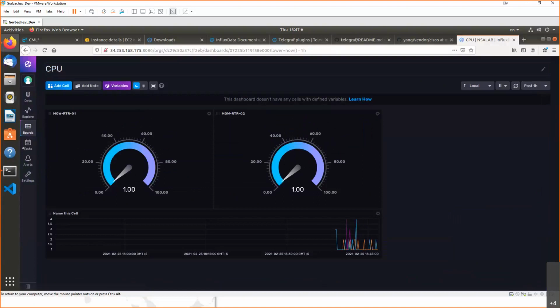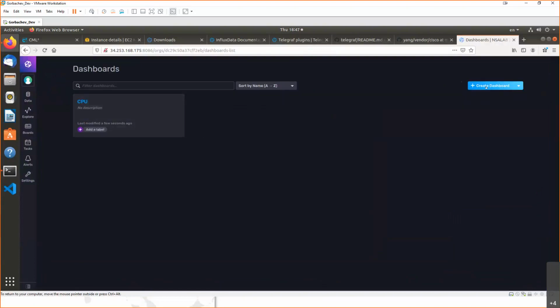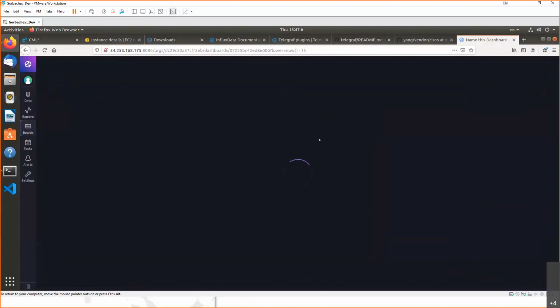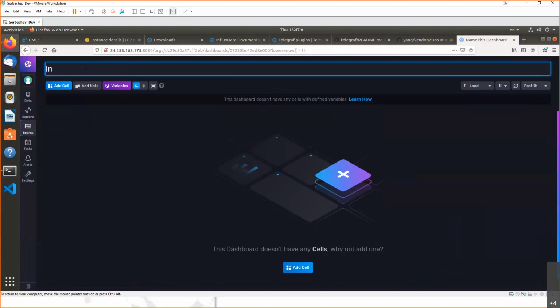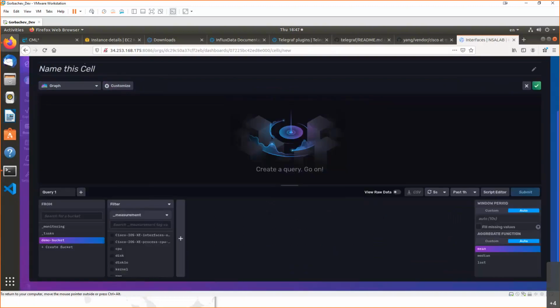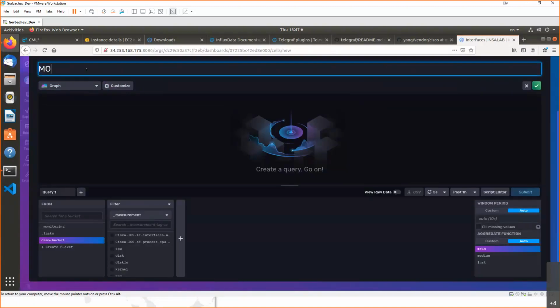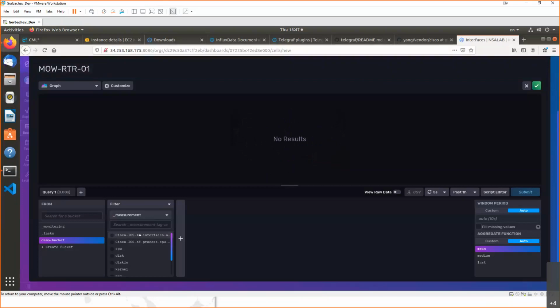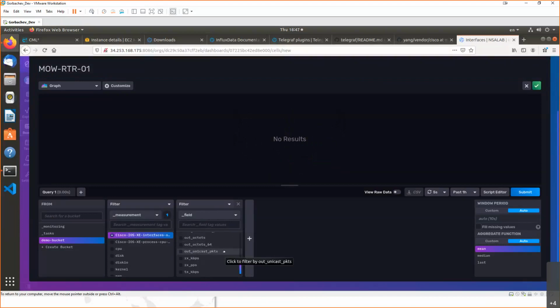All right. Let's also create a dashboard for interfaces monitoring. So we're going through exactly the same procedure, but now we are going to our interfaces telemetry. You can see that it's a lot of parameters since we took the whole statistics of the interface. So let's focus only on the